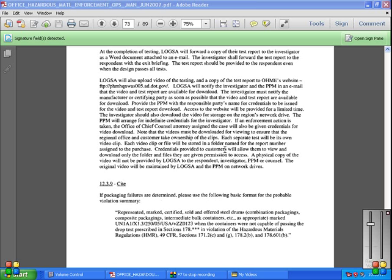12-3-9. Packaging failures are determined. Please use the following basic format for the probable violation summary. Represented, marked, certified, sold, offered, steel drum, combination packaging, composite packaging, intermediate bulk containers, etc., as appropriate, marked as